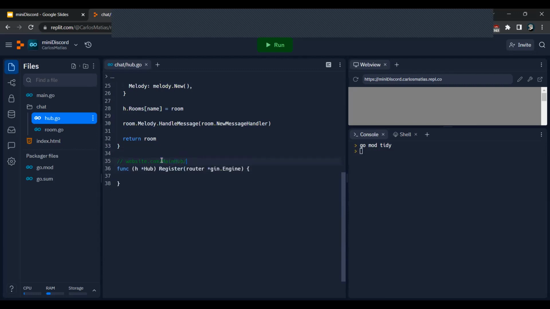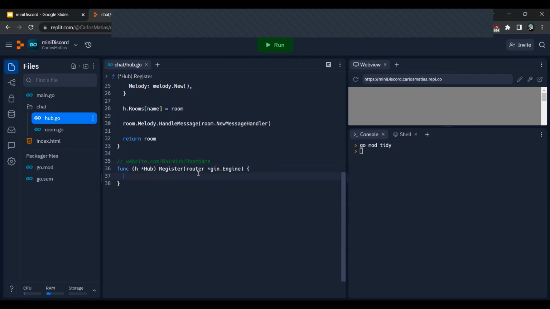This is going to be the hub name, and this is going to be the room name. We need to register another section of that router that can handle this,